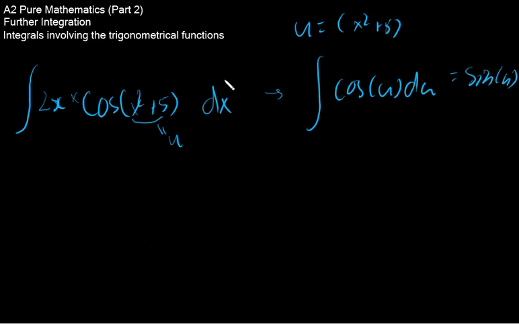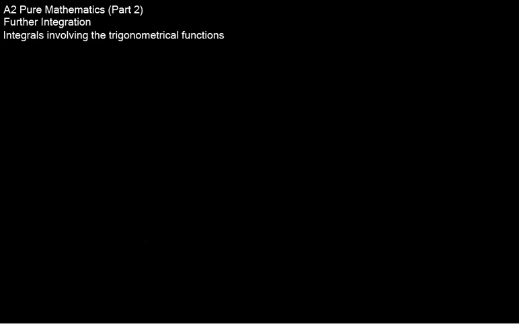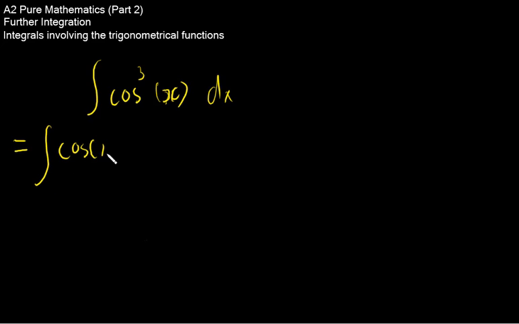Now there are more complicated ones. Let's say you're asked to integrate cos cube of x. So cos cube of x is the integral of cos of x times cos square of x